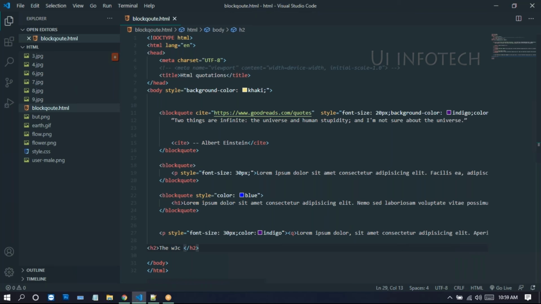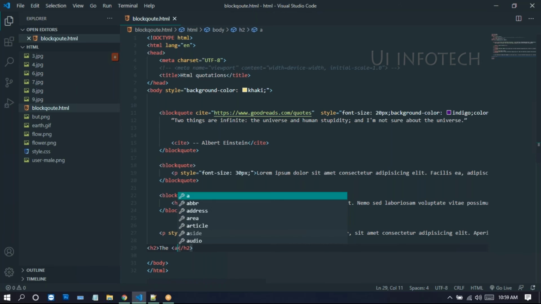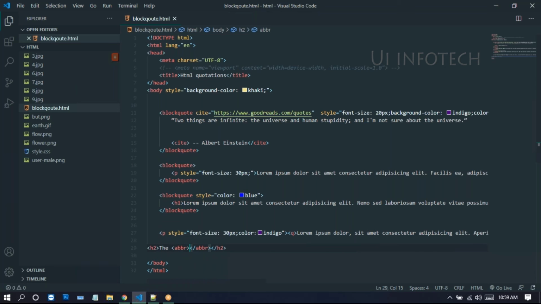For this World Wide Web Consortium, I should keep W3C in the ABBR tag. So I'm taking the ABBR, and in the ABBR I'm writing W3C.